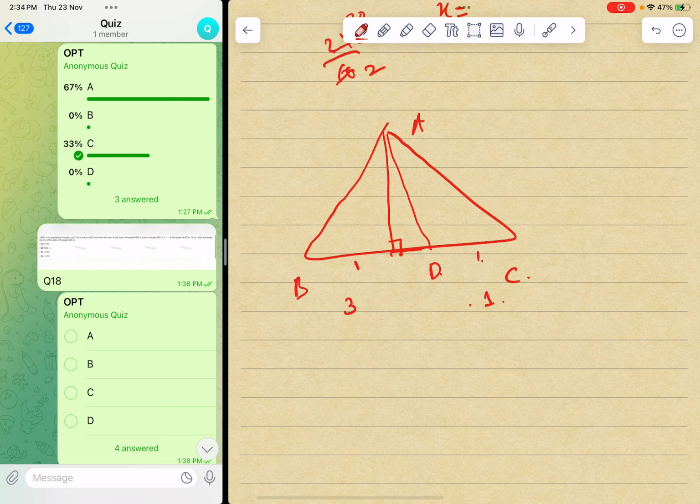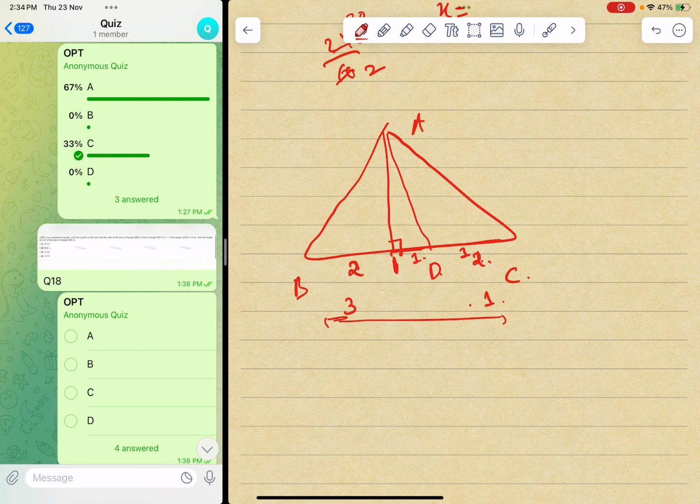Because we know that the total is 4 in the denominator, here also we are writing 4. This is 2, this is 2. Now this much is already 1, so this has to be 1. Okay, this is 1. So this much we are done. Let us see what we can do else.